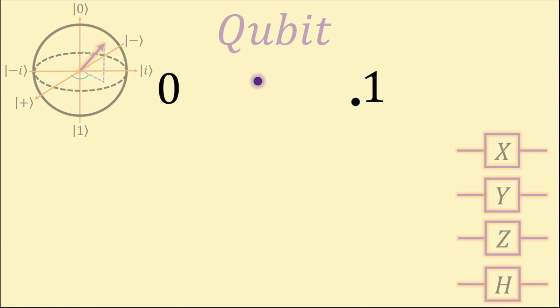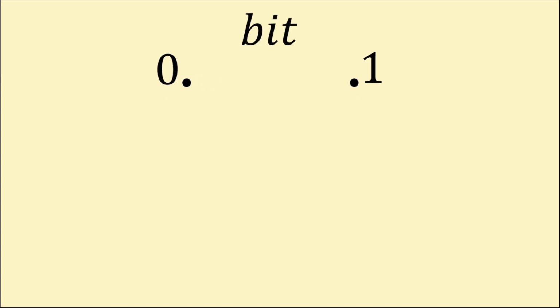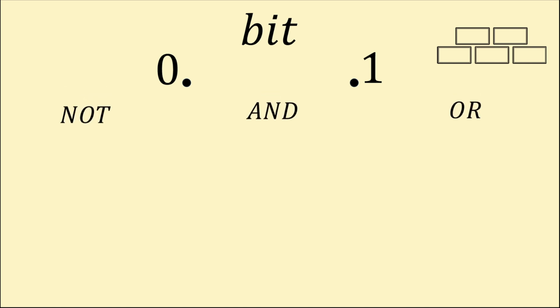To dive into quantum gates, let's first take a look at logic gates using normal bits. If bits are the lowest level of a computer system, these gates make the bits work together. The three most common classical logic gates are NOT, AND, OR. The NOT gate, represented by a triangle with a circle at the tip, simply takes in one bit and flips it. If it receives a 0, it outputs a 1, and if it receives a 1, it outputs a 0.